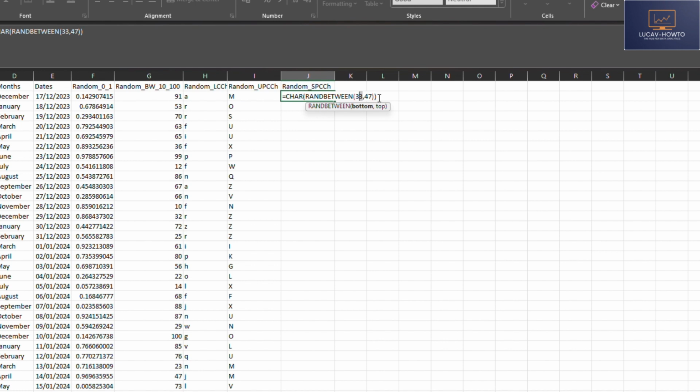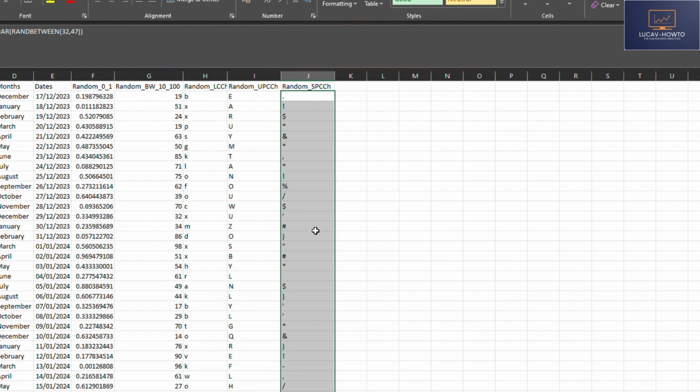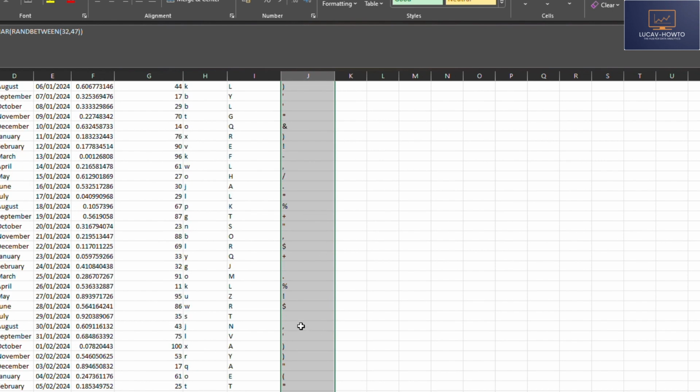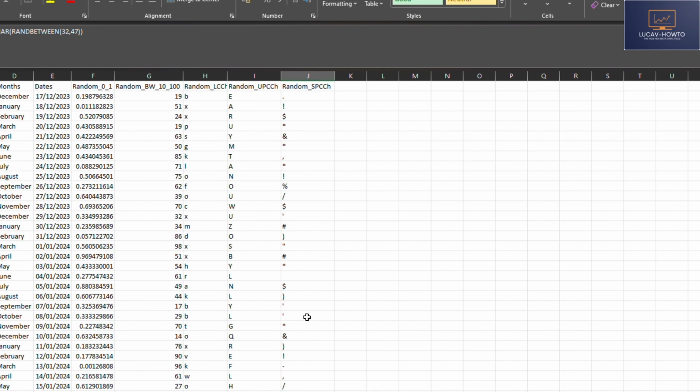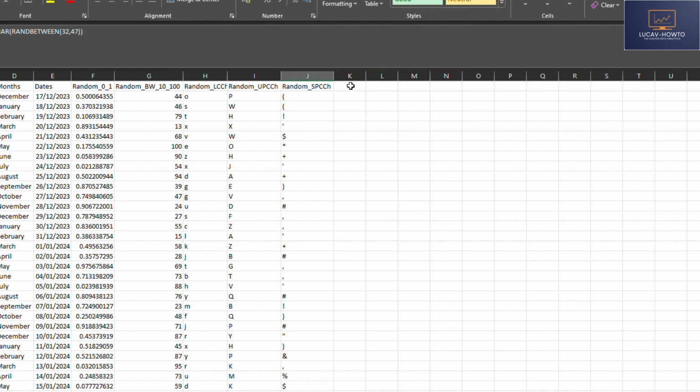So when you start from 32, there'll be some that you find space. Yeah, for example, this is space. Yeah. So yeah, we can now use